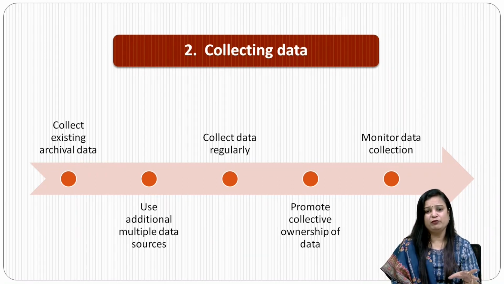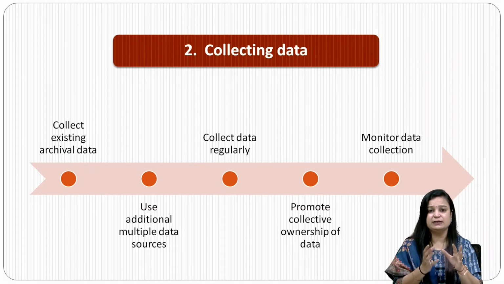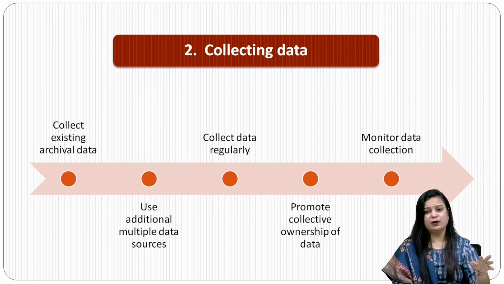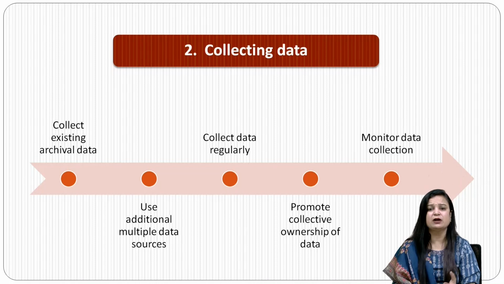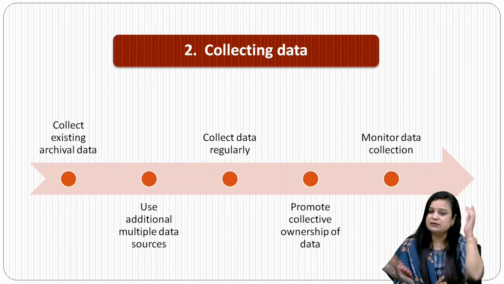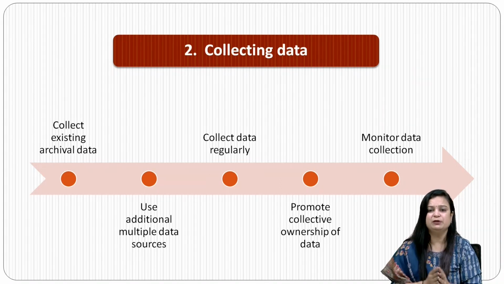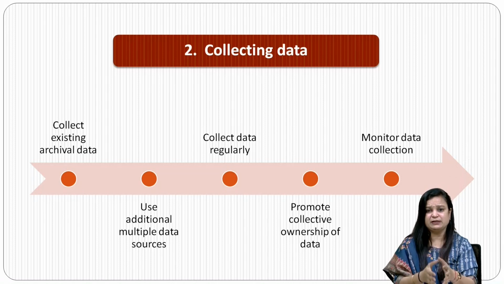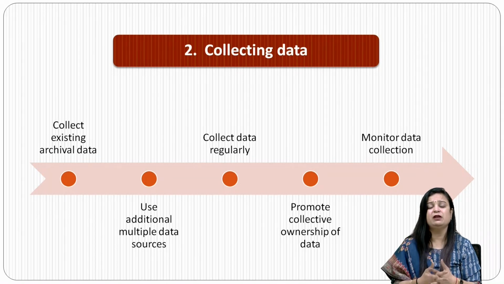So first what you have to do was collecting the archival data. Exactly आपके पास क्या है, पुराना record क्या है, existing record क्या है, and then you have to work upon it. So while collecting data, first you will collect archival data. After collecting the archival data, use additional multi-purpose, multi-source data which is available to you. At times it might happen that the straightforward demographic data we have is not always feasible or used. Along with that, certain supplementary data is required.